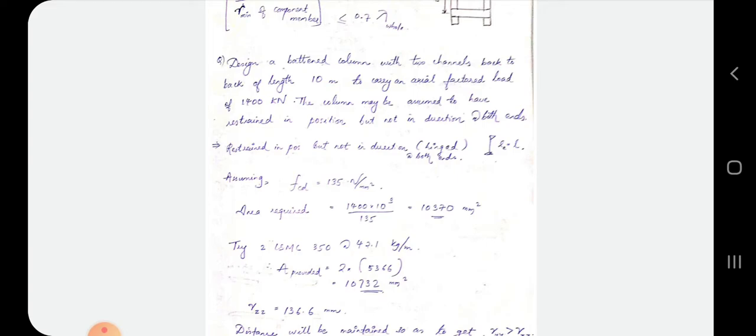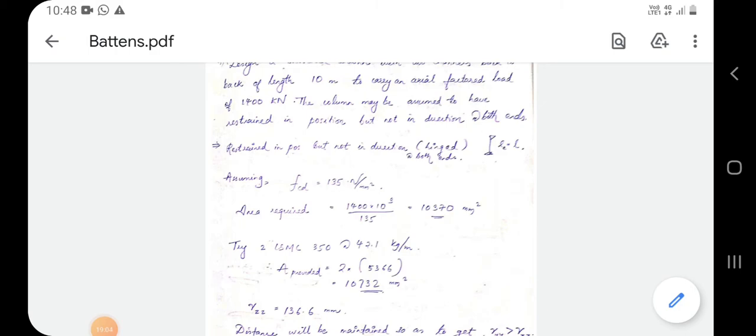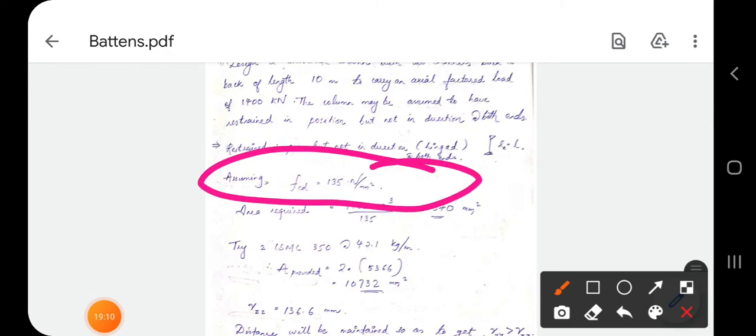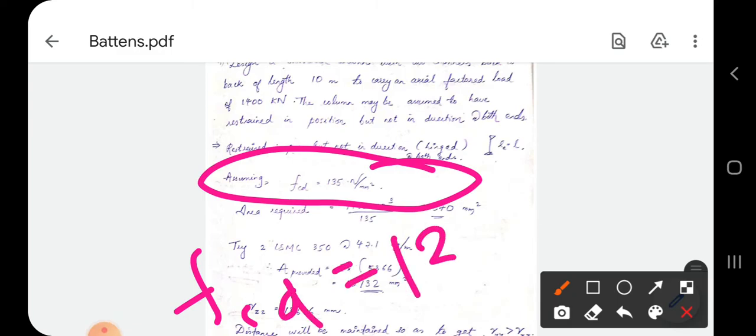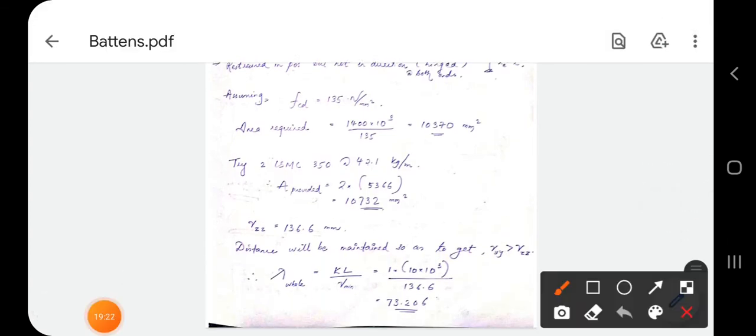So we'll come to the answer. First we will see how the column is. The end conditions are given: restrained in position but not in direction, that is, both ends are hinged or pinned. So the effective length will be equal to the length itself. Okay, and here we are assuming the fcd value for the channel section. We are assuming fcd is equal to 135 Newton per mm square, and from the assumed fcd value,